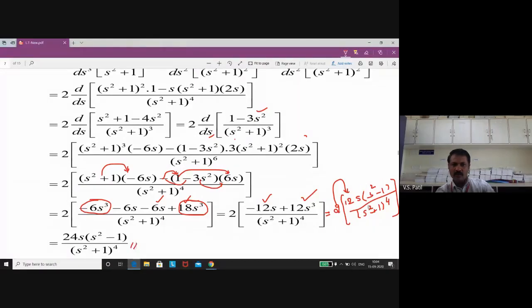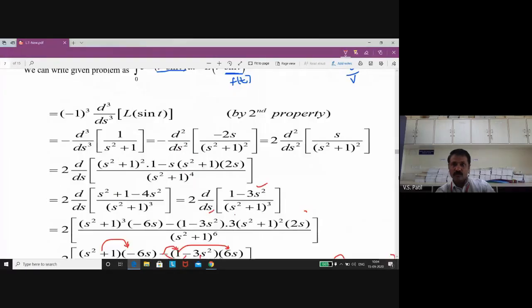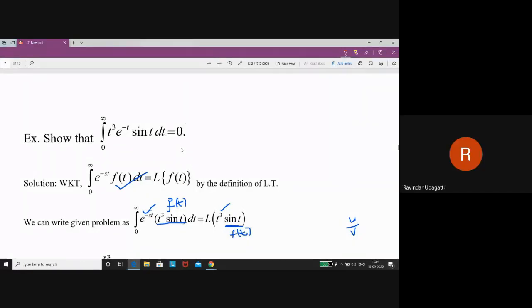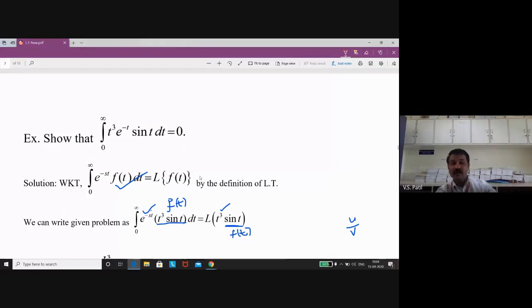Is your problem over now? What they are asking is to prove that this is equal to 0. Whether you got 0 there? No, sir, you didn't get 0. Why? Because we have not evaluated this integral, we have evaluated this integral. Now to get the answer for this, you observe, just one minute, I will make it clear.